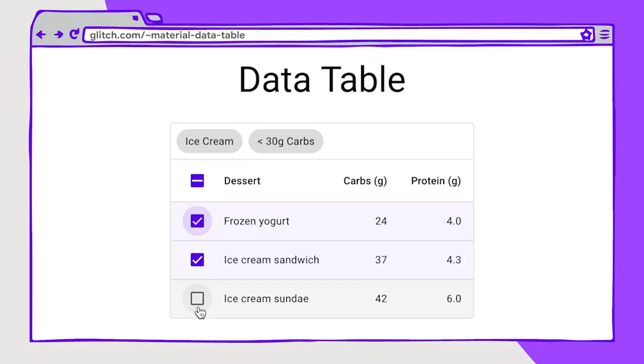When all of these items are selected, this top checkbox will also be checked because every item inside of that is selected. If we deselected all of those, we see they all animate out at the same time. So having this motion really helps to bring the user's attention here.